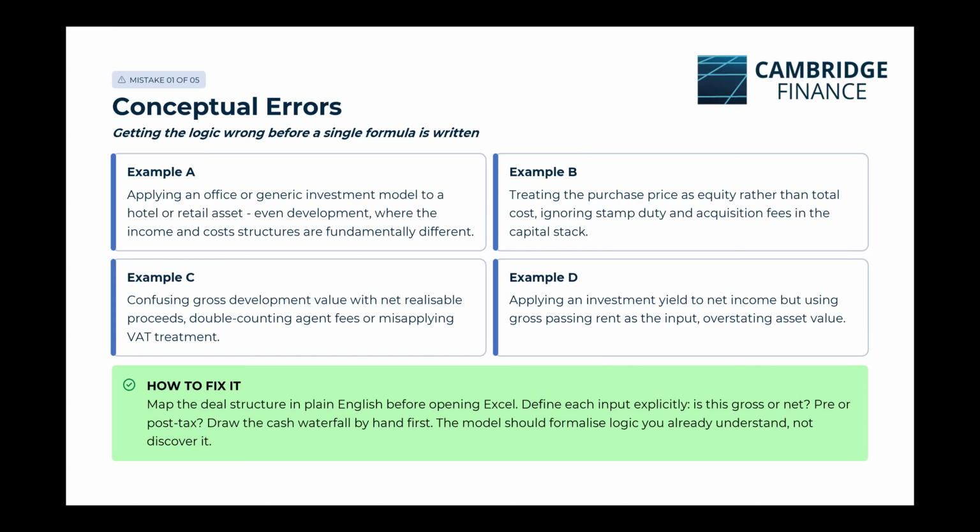And you don't really understand what the model is doing, and then you try to put your deal into this model, and they don't really fit. So you're trying to feed your deal into a model that is not really fit for purpose for that deal. So if you have an office model, for example, and then you want to model a shopping center,